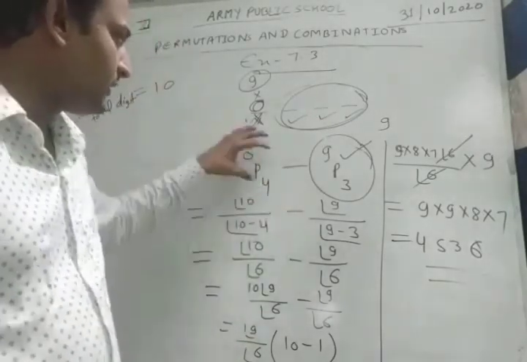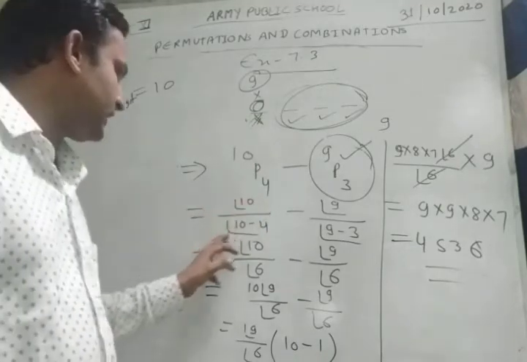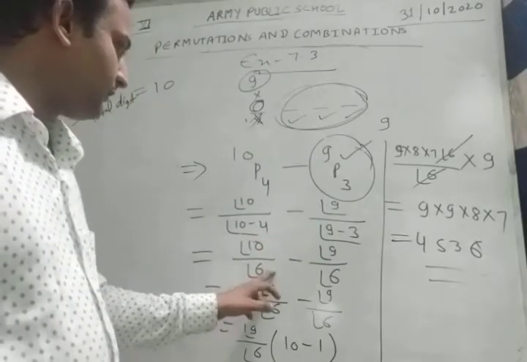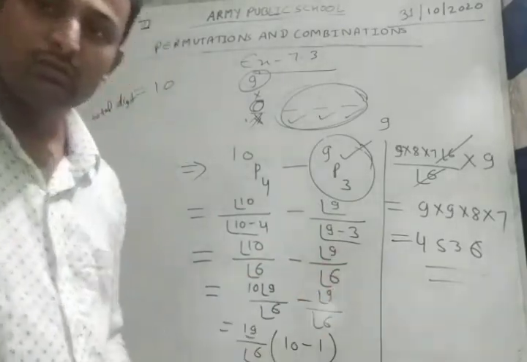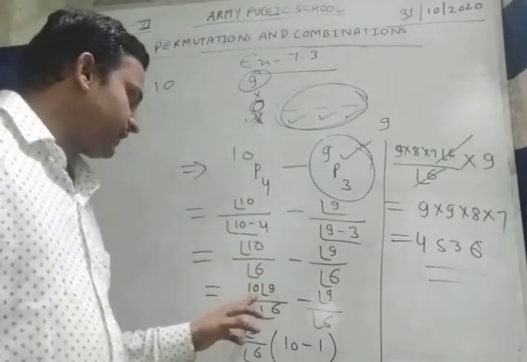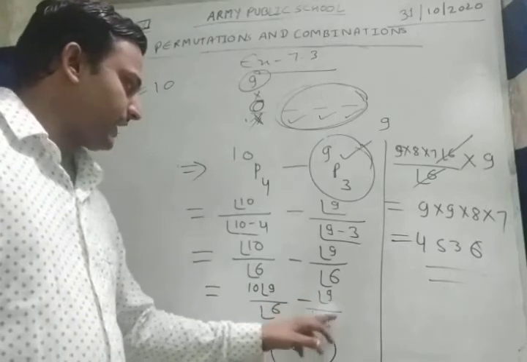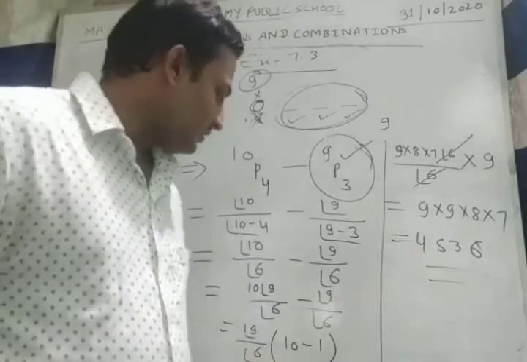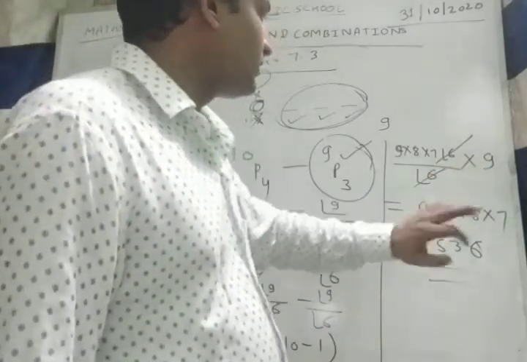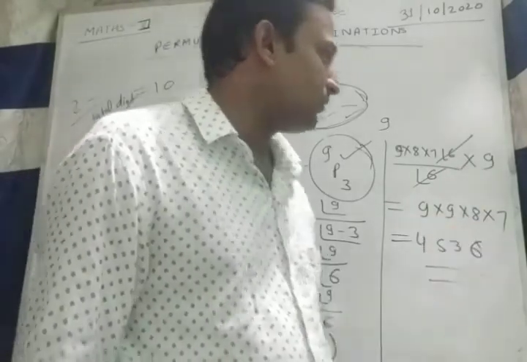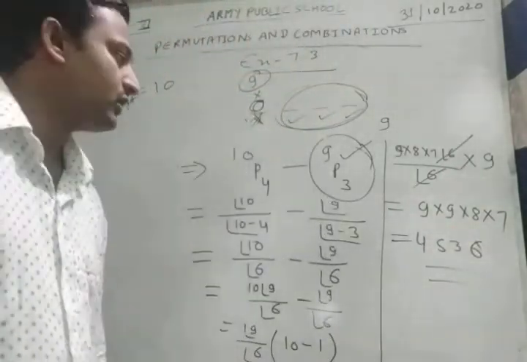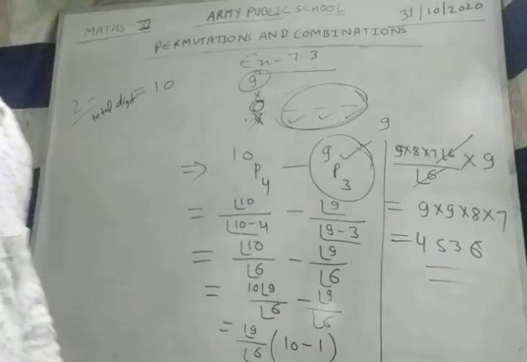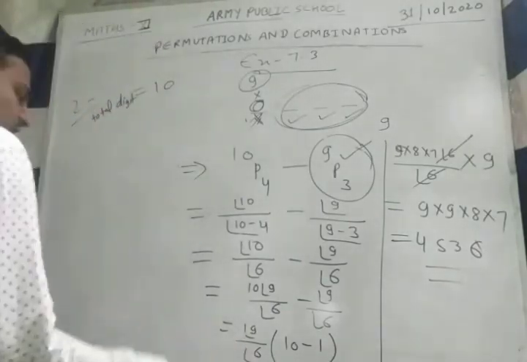So we are subtracting this from this. So we write factorial 10 upon factorial 10 minus 4 minus factorial 9 upon factorial 9 minus 3, which is factorial 10 by factorial 6 minus factorial 9 by factorial 6. Okay. Now this factorial 10 can be written as 10 into factorial 9 by factorial 6, minus factorial 9 by factorial 6. Now taking factorial 9 by factorial 6 out, we get 10 minus 1, so it is 9, and the factorial 6 will be reduced. We get 9 into 9 into 8 into 7. That will be our answer. So the 4 digit numbers are this. Okay, which can be found. Now we will see the next question.